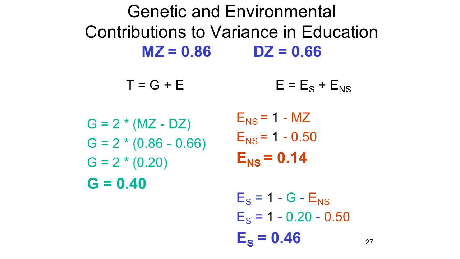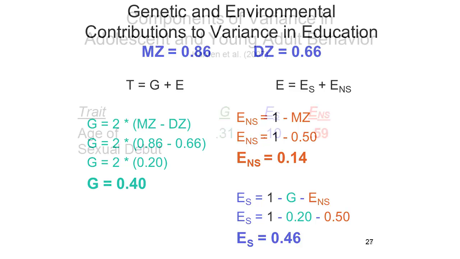1 minus the MZ correlation, the non-shared environment contributes only about 14% of population variance. But now what's left over, 0.46, the shared environment, now turns out to be not just more important than the non-shared environment, but also at least marginally more important than genes. Some families send their kids to school, make their kids go to college, even if the kids aren't all that smart. So the shared environment is much more important as a determinant of educational outcome than it is as a determinant